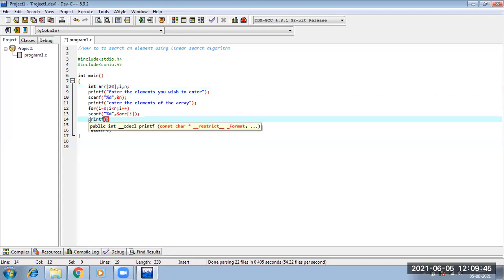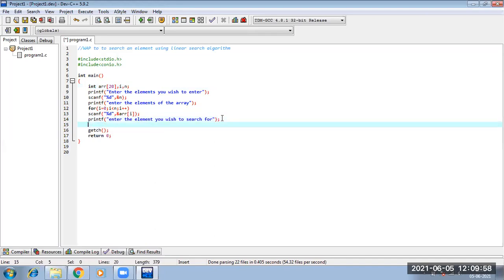So I am just doing enter the element you wish to search for. Suppose this element I will take in the variable num. Fine. Since I have taken num, I need to declare num as well.